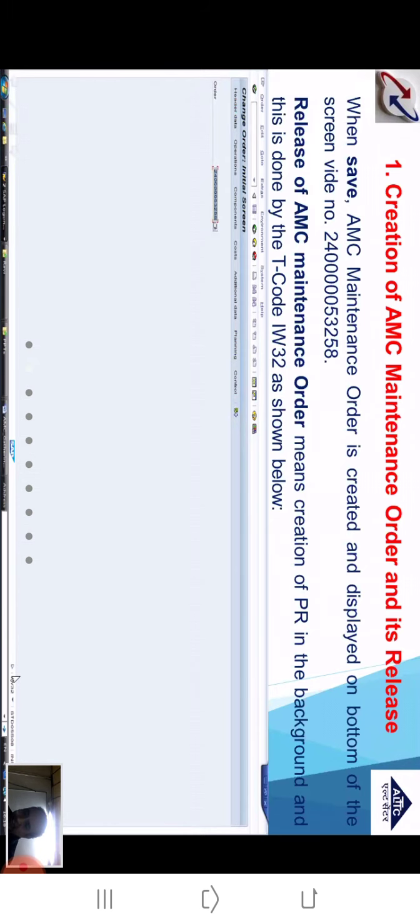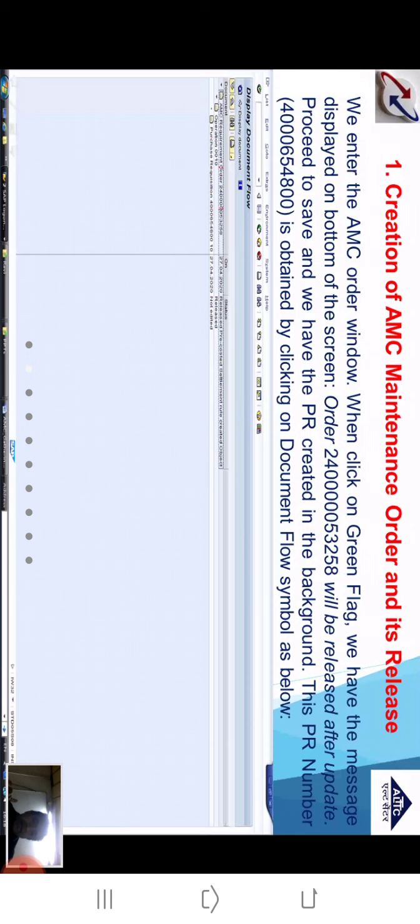You can see over here, this is the screen on the extreme right side of the bottom. IW32 is appearing over here. When I enter this command IW32, this maintenance order is made available over here. In the next window, when we enter the AMC order and click on the green flag, we have the message displayed at the bottom of the screen: order number so and so will be released after update.